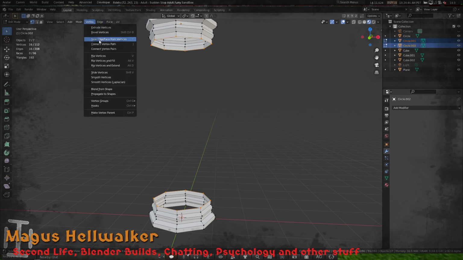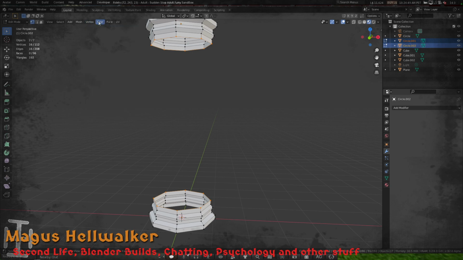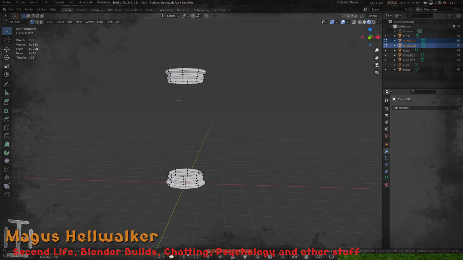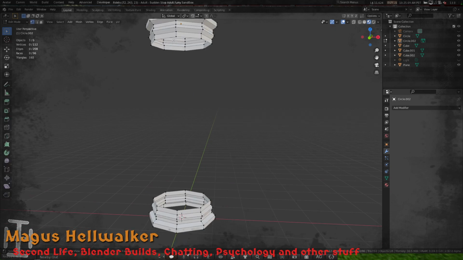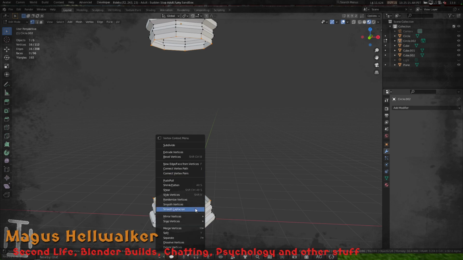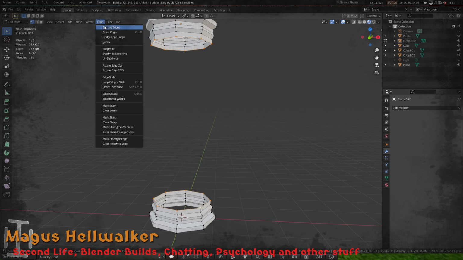Right, okay, not a problem. Bridge edge loops. Oh, I know why that won't work. Duh. It's late in the day. And it's weird, isn't it? It's weird how sometimes they just don't